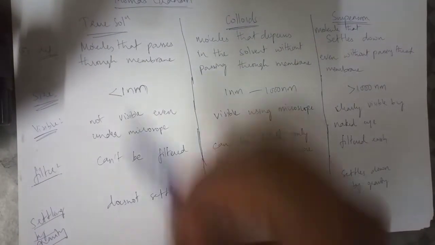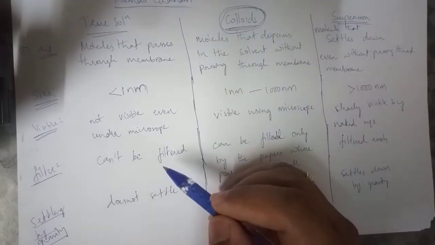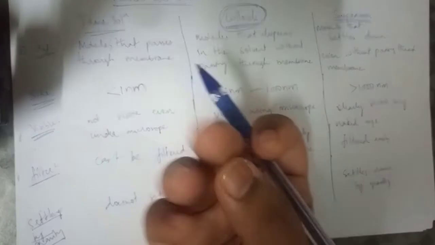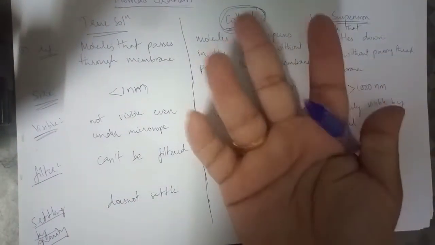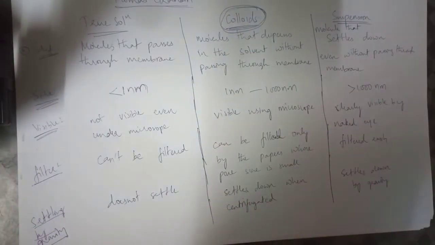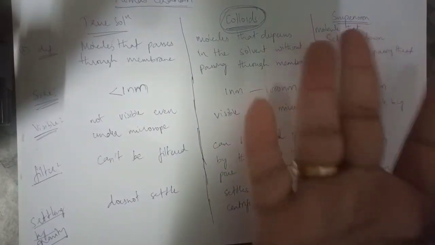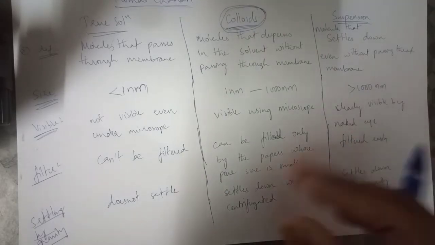Now in our syllabus, we are not talking about this. We are going to talk about colloids. For example, a true solution: take a glass of water and put some salt or sugar in it. Finished. Colloids are examples that you use on a daily basis, but still you do not know that you are using colloids. We see most of the colloids in our day-to-day life, but we still don't know what they are.